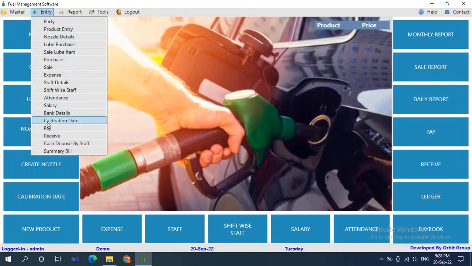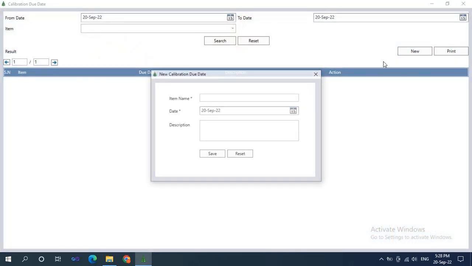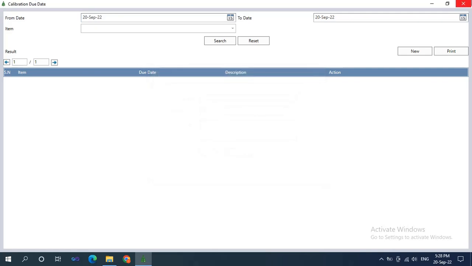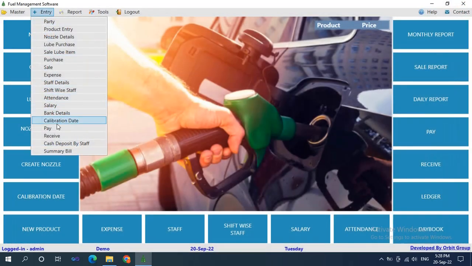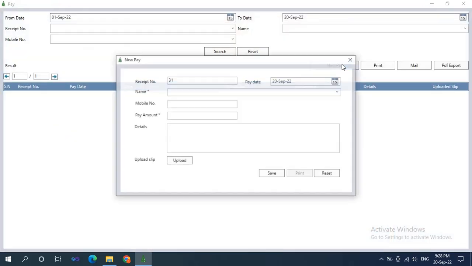And in calibration date we can add the calibration date. Here we have to enter the item name, date and description. It will remind us for the maintenance of the petrol pump. And in the pay section we can enter the details of